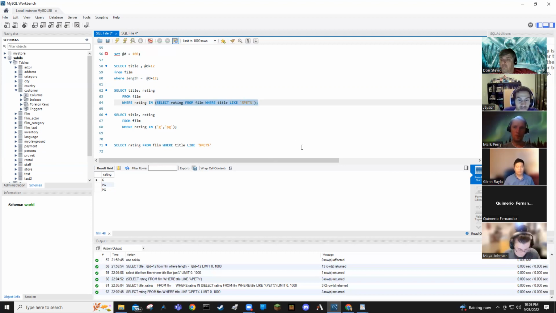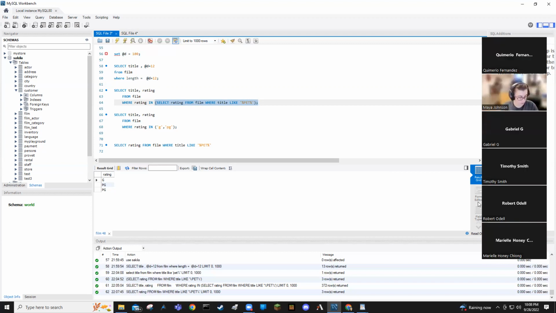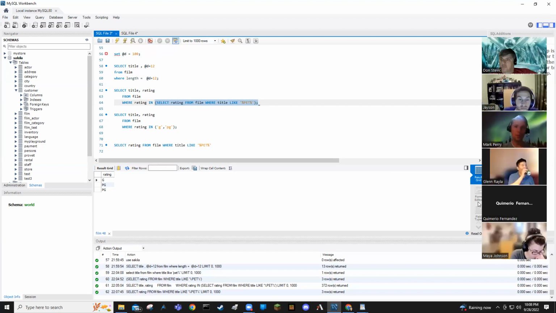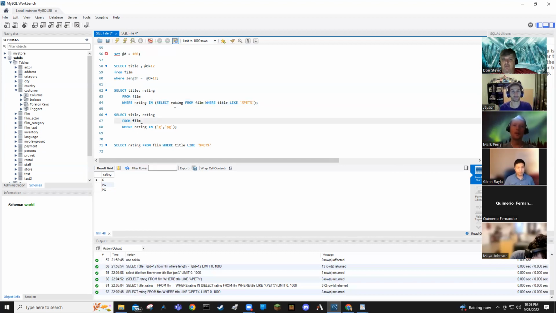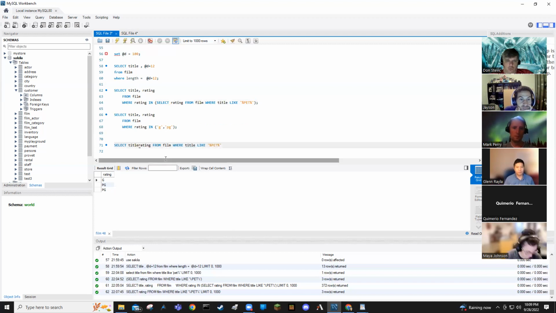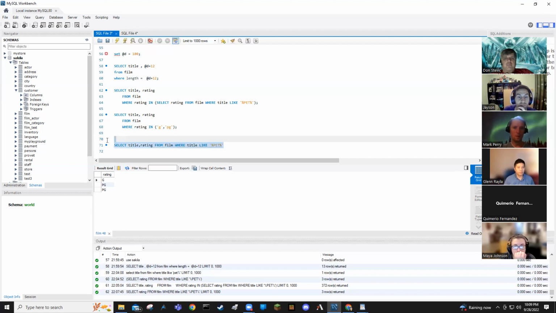Any other questions? So the second query just pulls the information, the G and PG rating, because those are similar to the pet title. Yep. Because if I go back over here, I take this title and put it here, and I run this. Oh, I must have insert turned on. I hate when I accidentally hit the insert key. Okay, so if I run this,